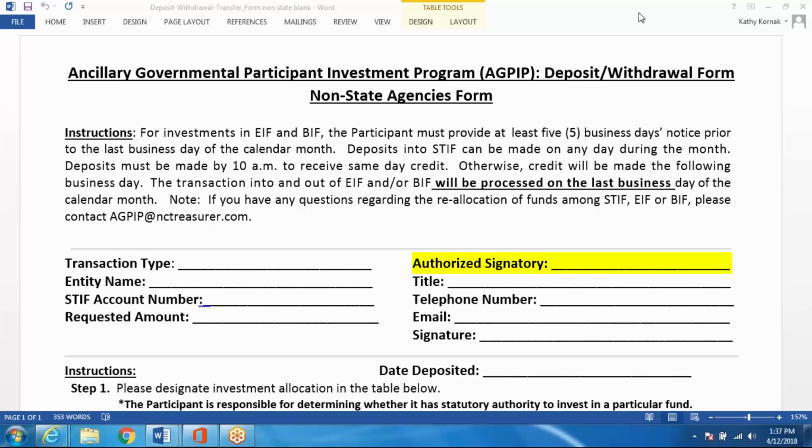Moving on to authorized signatory. Your authorized signatory was originally sent to us on your signature card when you enrolled. Make sure that the person that is signing this is among that card. If you have any changes in authorized signatories, it is your responsibility to update that card and get that copy